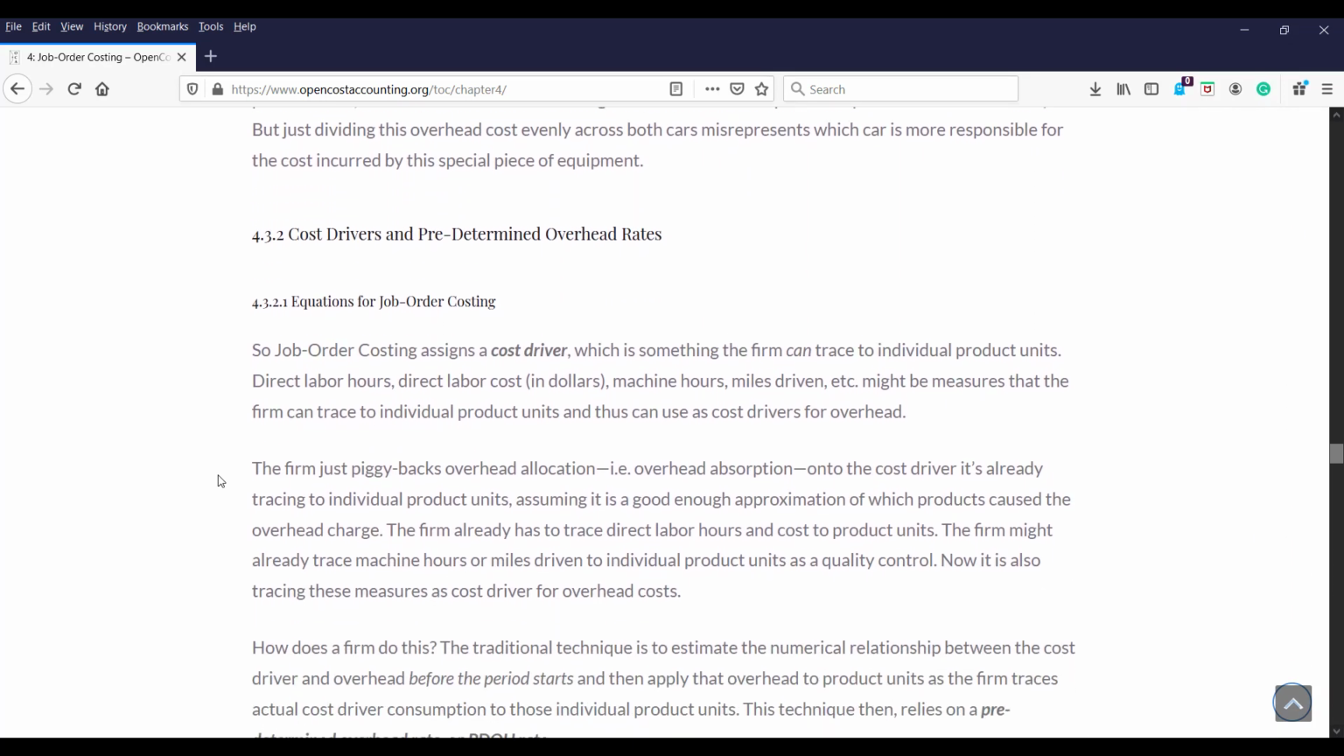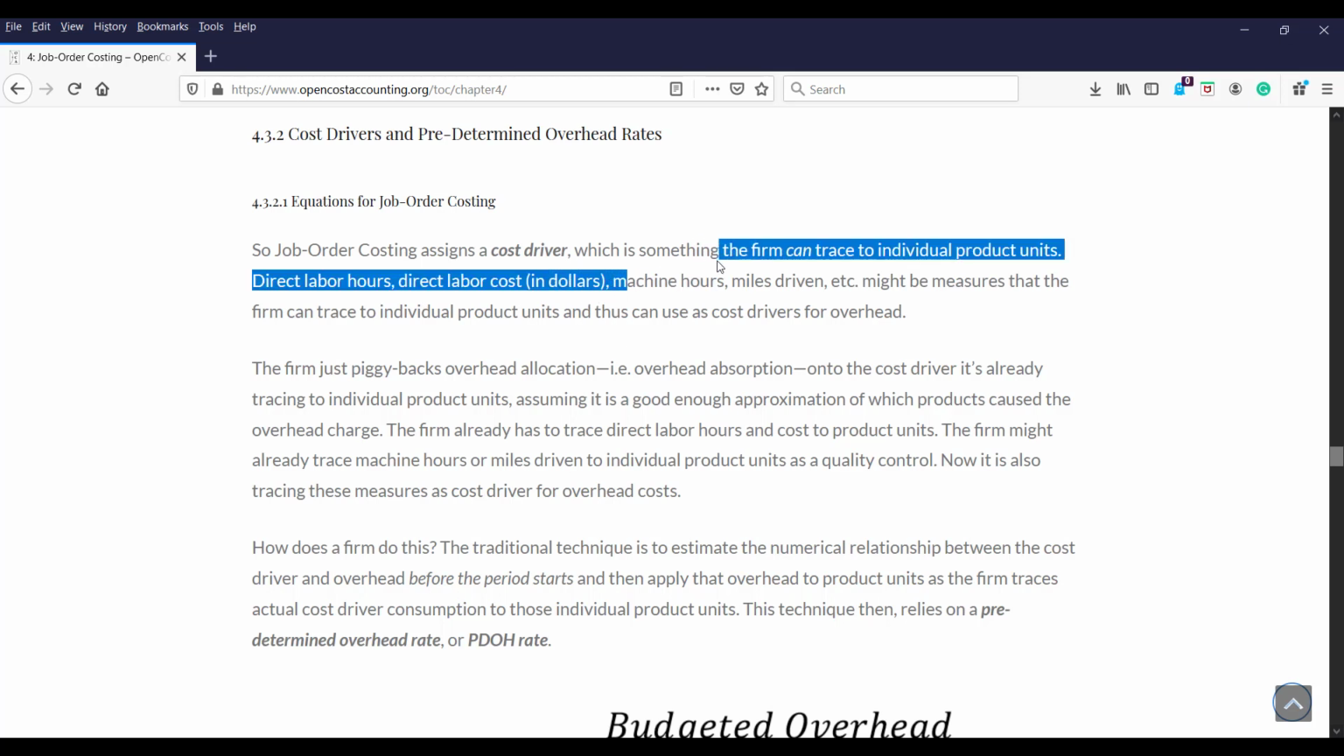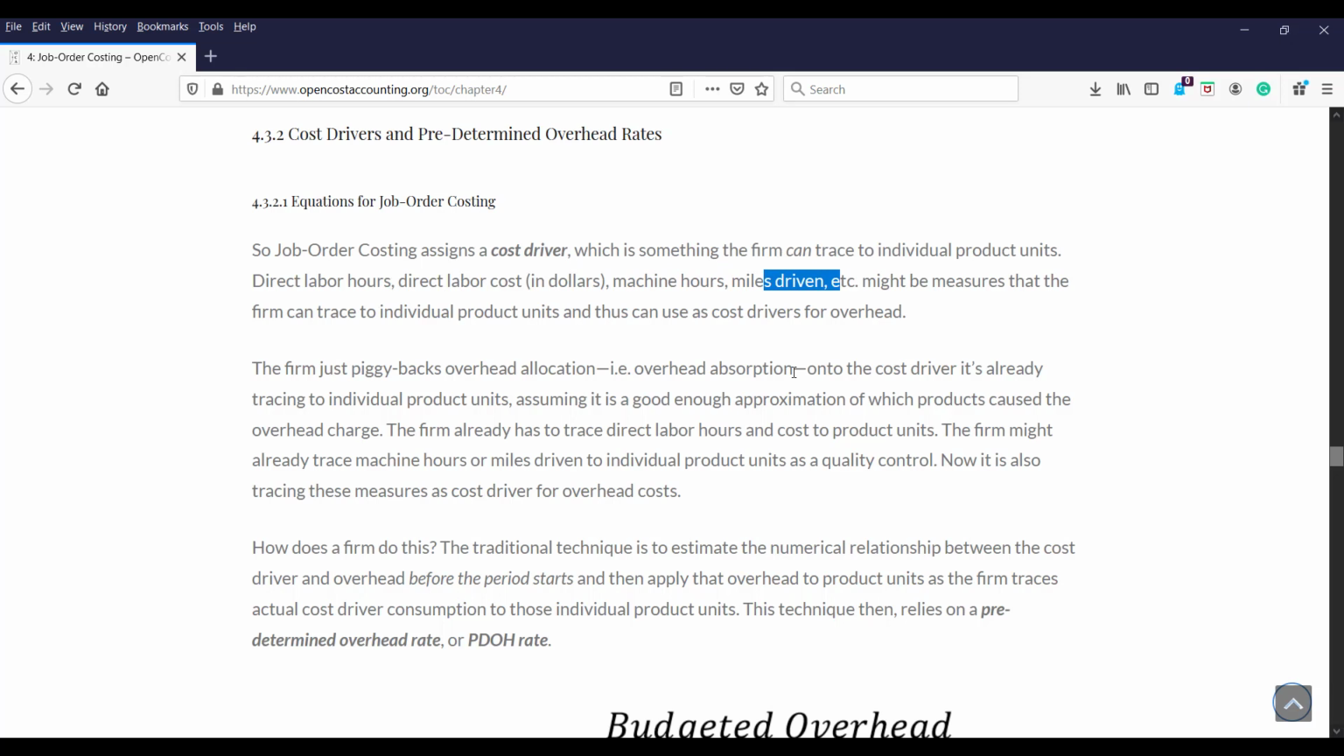Now, to do this, what we say is we're going to assign a cost driver, one cost driver. Job order costing, we use this cost driver, and we're going to say it's something that we can trace to individual product units. It could be direct labor hours. It's a very common one, very easy example to use. It could also be direct labor costs in dollars. It could be machine hours, miles driven, or other measures, any other measure that you can directly trace to an individual product unit, and that you can reasonably say this ties and associates with how much each individual product unit